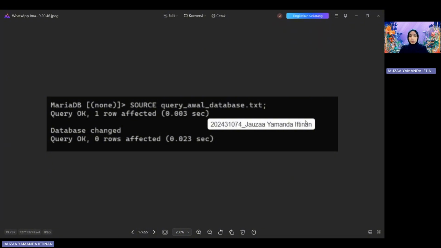Let's start with the database initialization. Instead of creating tables manually one by one, I use the source command to execute an external SQL script. This instantly creates the Eventic DB database, with the required tables like customer, event, and ticket, and seeds them with initial data. As you can see from the query log, we see the foundation is successfully set.